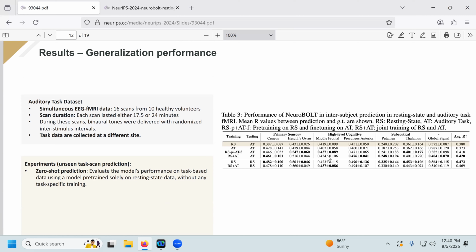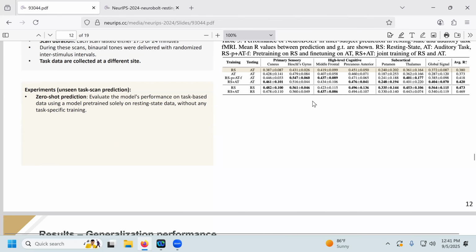And so I think that would be a really cool demonstration that they could have done: find two different montages and show that you can take two different montage inputs and reconstruct the fMRI perfectly well. But they don't do anything to demonstrate that. So it's a bit of an empty claim in this paper, in my opinion.